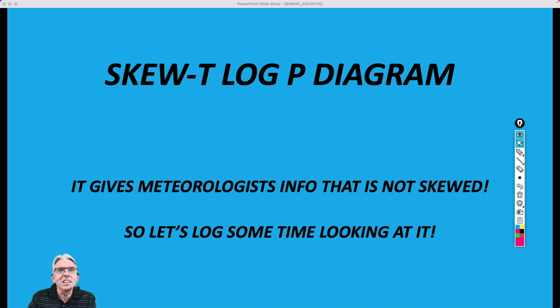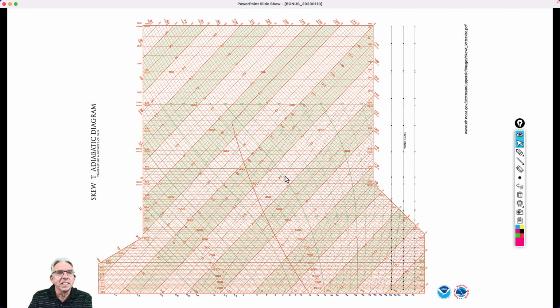Okay, so I'm going to give you an example of what the entire diagram looks like. And there it is. And there are all sorts of different lines on this thing. For instance, these brown lines are lines of equal temperature, and notice how they're not straight up and down or across. They're skewed, and so that's one of the reasons they call it a skew T chart. And then the lines of constant pressure are